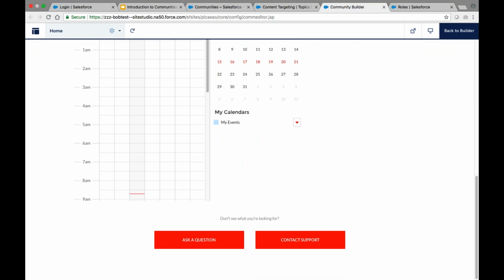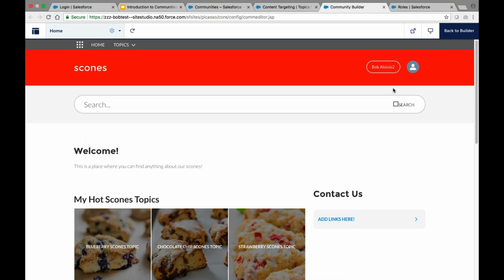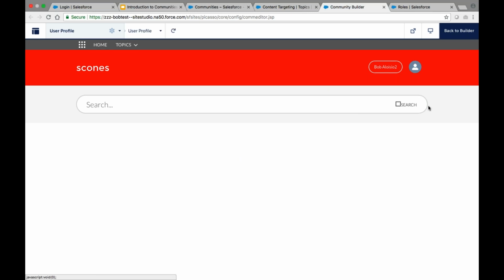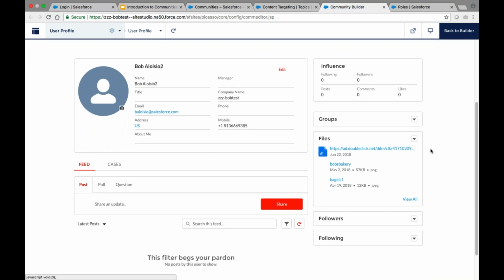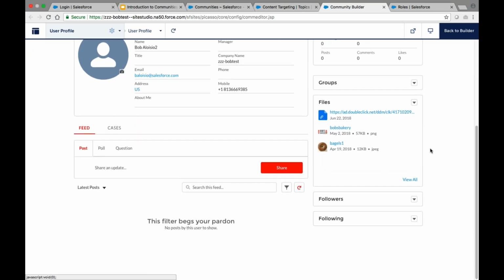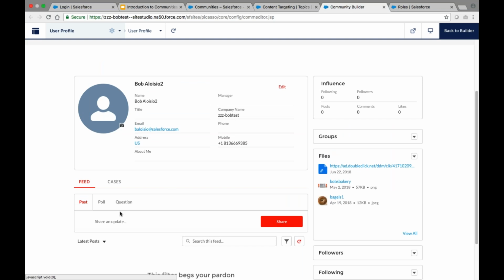But there's more. If you click on the button where your username is, up here in the upper right, and then click on my profile, you can see your chatter feed history. So if you're chattering back and forth with other people, you can see your history here in the feed. These are posts that you've commented or replied to. You can see your case history. These are cases that you've opened, similar to the My Cases in the Desk.com portal.